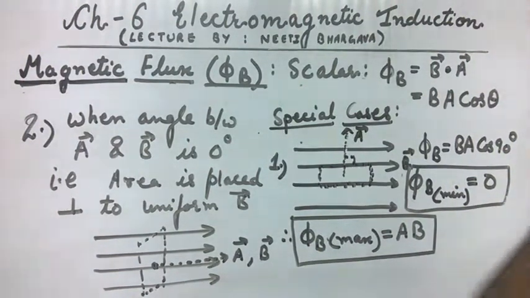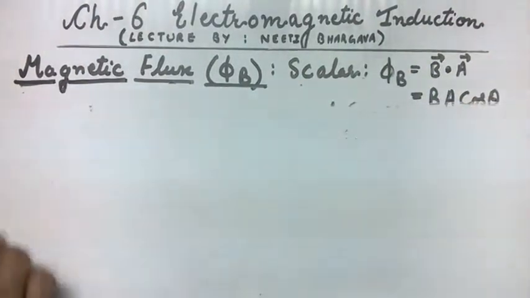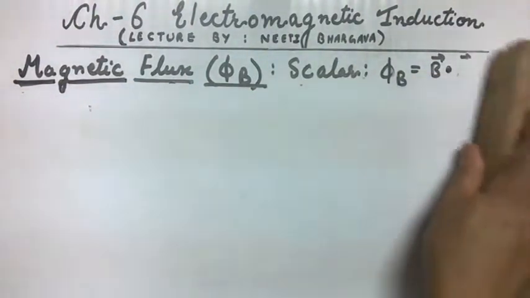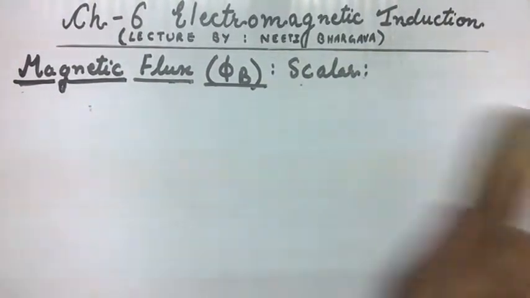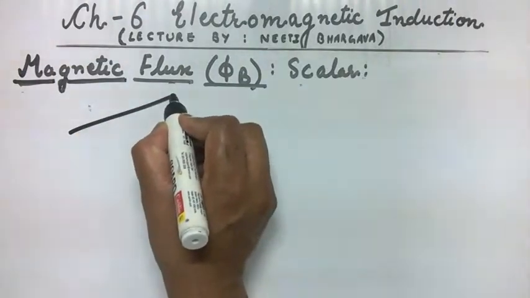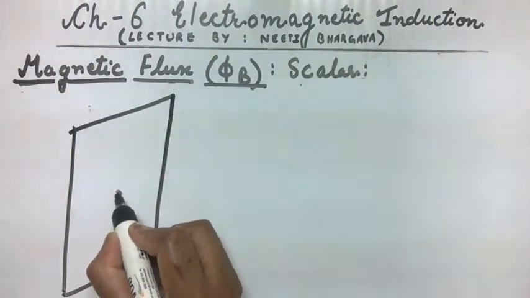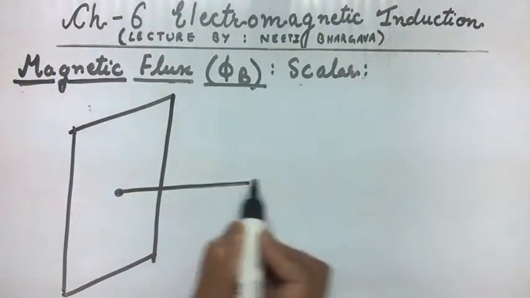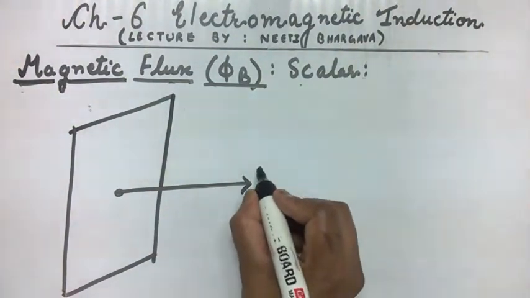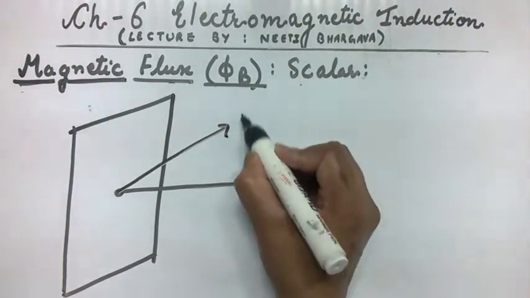As we have studied that magnetic flux is a scalar quantity, thus it has no direction, but the flux which is going into the surface is considered as negative, and the flux which is coming out of the surface is considered as positive. That is, if we consider a surface which has outward area vector A vector, and it is making an angle theta with uniform magnetic field.